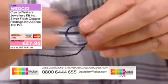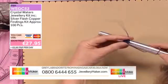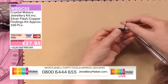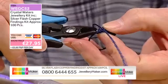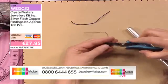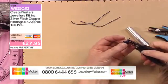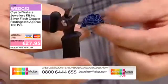There we go. Then you can put it back onto the mandrel and just shape that up. Tighten that up there. Wrap it around a couple of times just to make sure that it's secure and it's not going to go anywhere. And snip that off. What I would have done is used it closer to the end. But then these little pieces that you've cut off, you could use for the earrings. So then do exactly the same on that side. Don't worry about the ends on here because we're going to wrap a head pin around those. So just squish them down a little bit so they're out of the way. And the same on this side. So that is effectively the ring